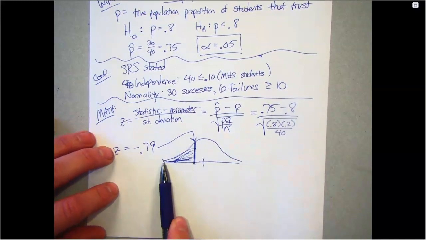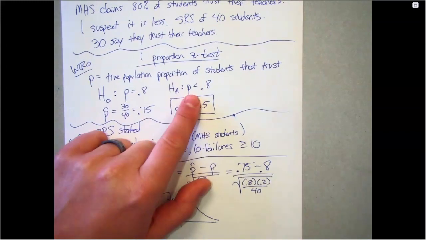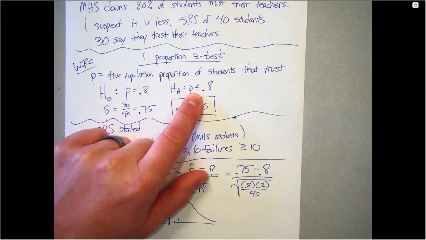And why did I shade to the left instead of the right? It's because there's a less than sign up here. You're basically,